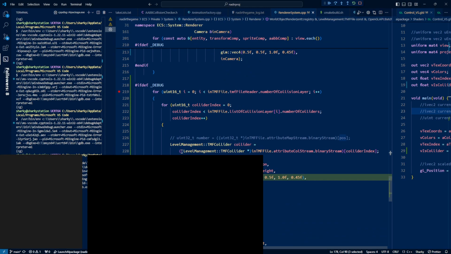So by doing this, we set this data to be read as the collider structure. So that means if we want to read